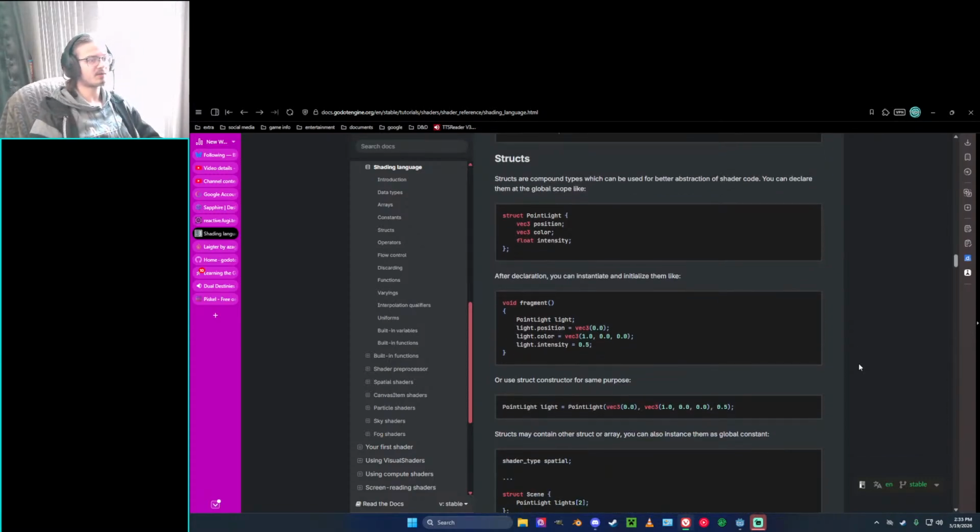Structs. Structs are compound types which can be used for better abstraction of shader code. You can declare them at the global scope like: struct PointLight { vec3 position; vec3 color; float intensity; }. After declaration, you can instantiate and initialize them like: void fragment() { PointLight light; light.position = vec3(0.0); light.color = vec3(1.0, 0.0, 0.0); light.intensity = 0.5;